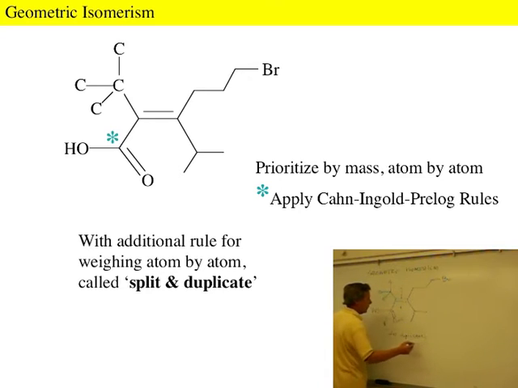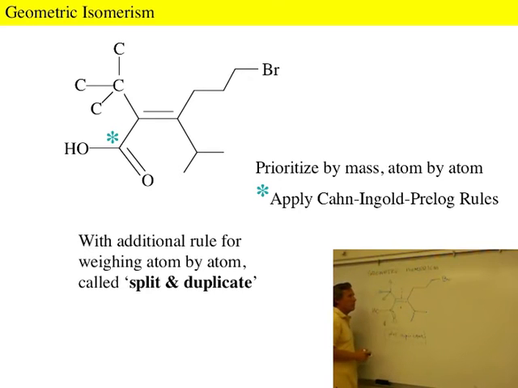Again, split and duplicate means look at the 2 atoms attached. Since this is a carbon, redraw a carbon attached to this oxygen. Since this is an oxygen, redraw an oxygen to that carbon. So this carbon appears as a tetrahedral center that has 1, 2, 3 oxygens attached. We can clearly see that the carboxylic acid group in this molecule is much higher weighted than this carbon with